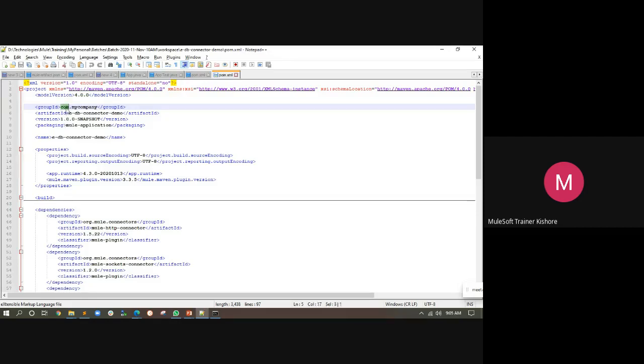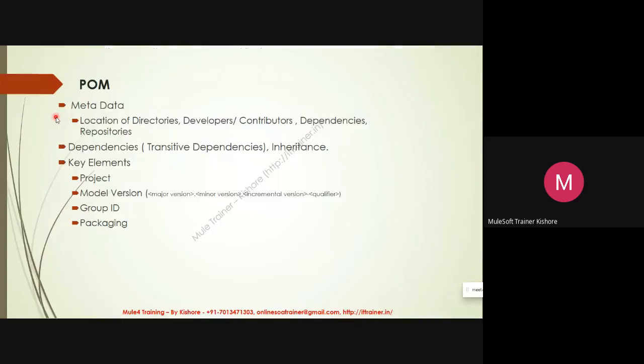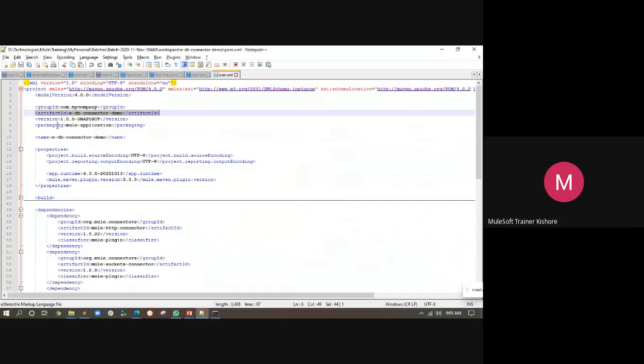Generally, we will write your client name or your project name, and name is something that is used for our user internal, and artifact ID is a specific ID identified by Maven for every project. And then version. Here I am using the version of the project.